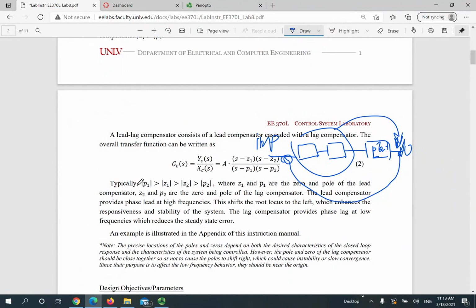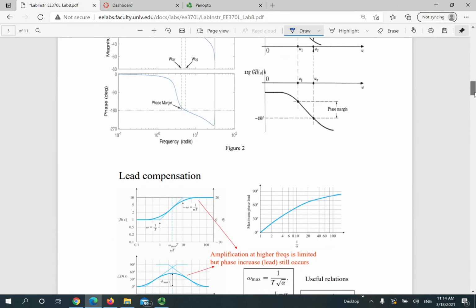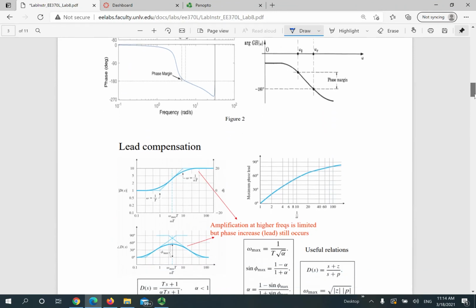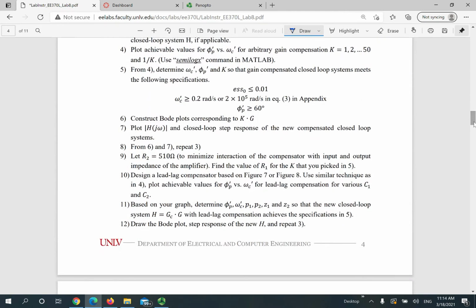Alright. Also, you need to examine that the Z1, Z2, and P1, P2 meet the requirements like this. Okay, so the absolute value of P1 is larger than Z1, larger than Z2, and larger than P2. And also, their real part should be at the left side of the imaginary axis, or the y-axis. Okay. So with the proper picking of C1 and C2, you should be able to find the right lead-lag